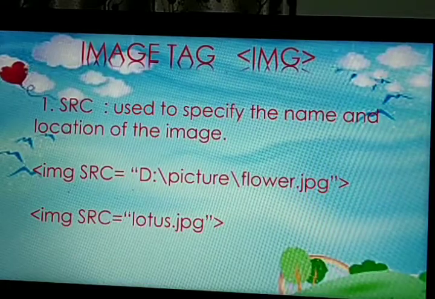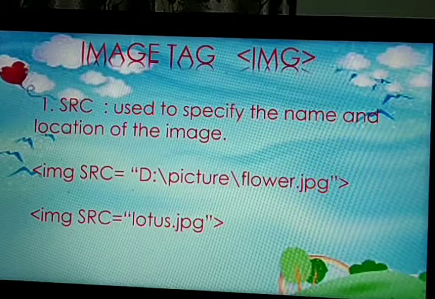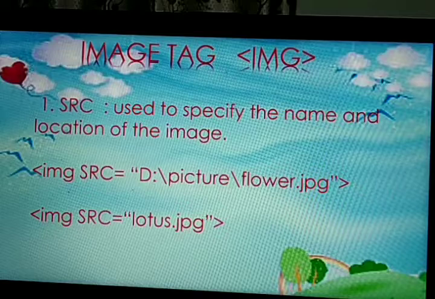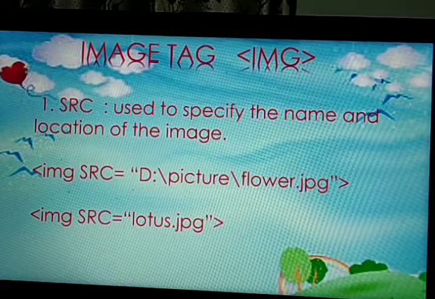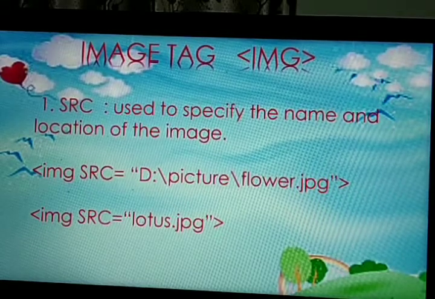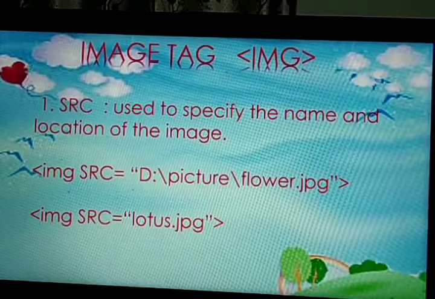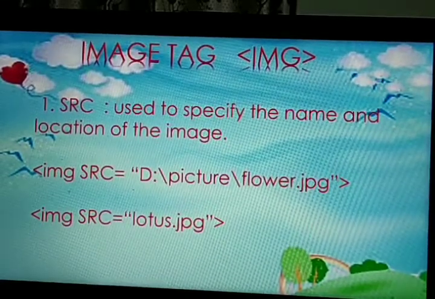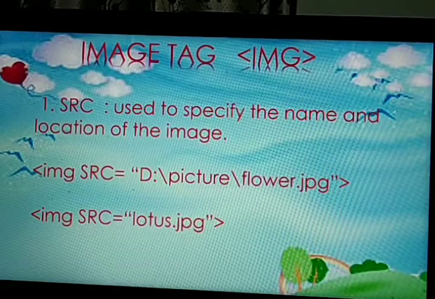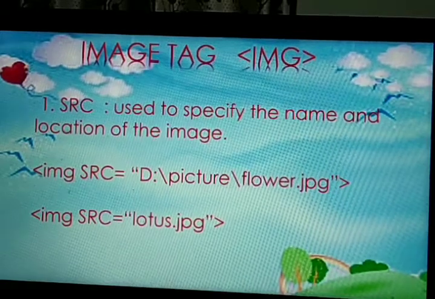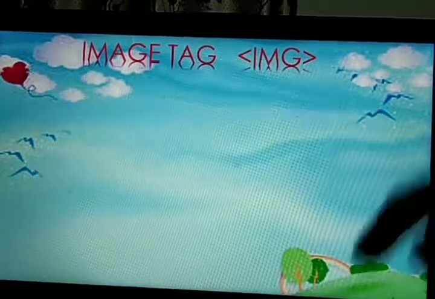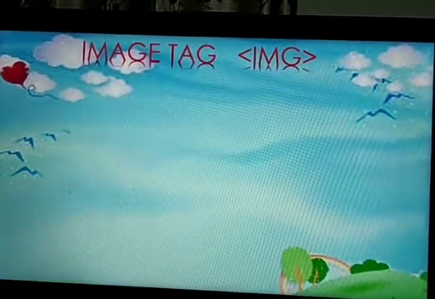If lotus.jpg is saved on the desktop, you can use the image by simply specifying the name of the image. But if the image is saved anywhere in the drive, you have to give the entire path, that is which drive, which folder and the name of the file.